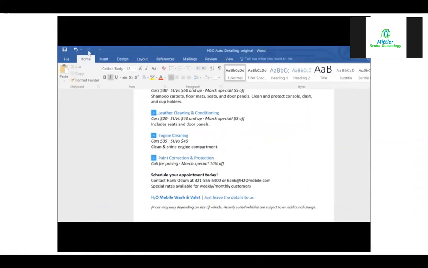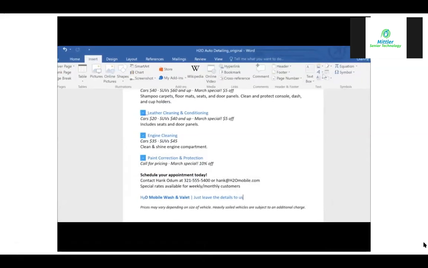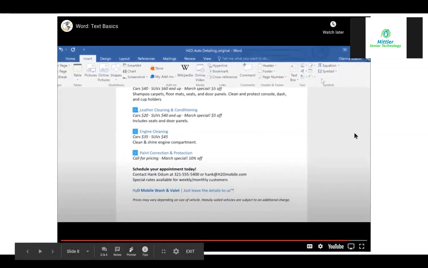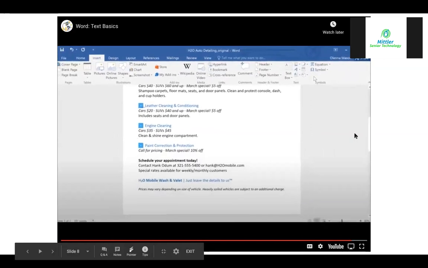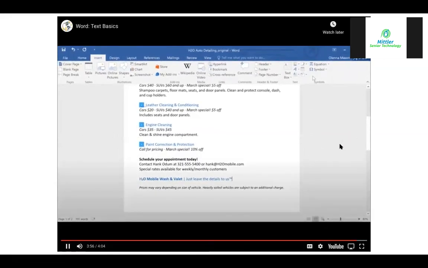And here's a tip if you ever need an unusual symbol in one of your documents, for example, a copyright symbol. I actually need to add a trademark symbol after the company slogan. All you have to do is go to the Insert tab, then click the Symbol command, and find the symbol you need. Now you know the basics, including cut, copy, and paste, drag and drop, undo and redo. Everything you need to work with text in Word.